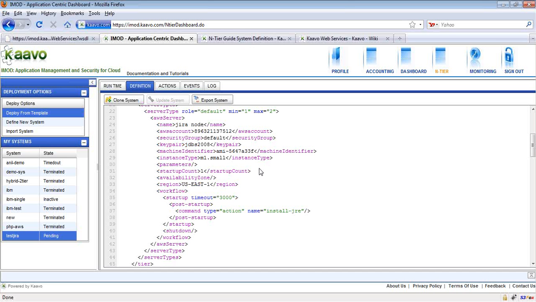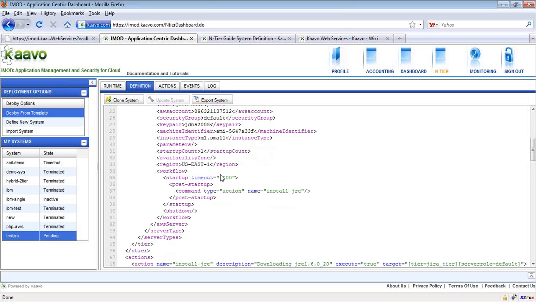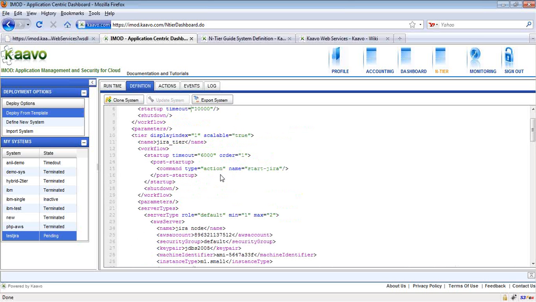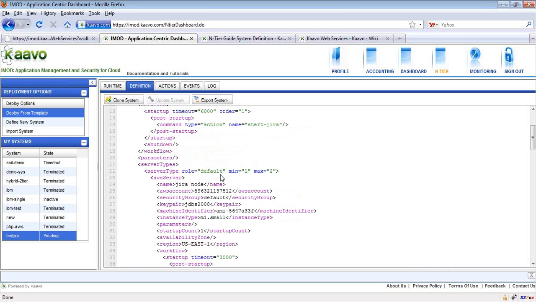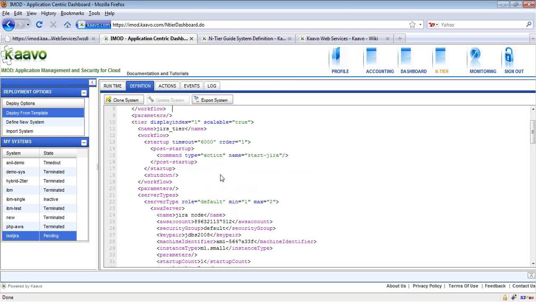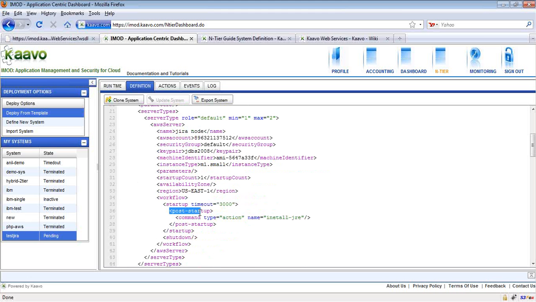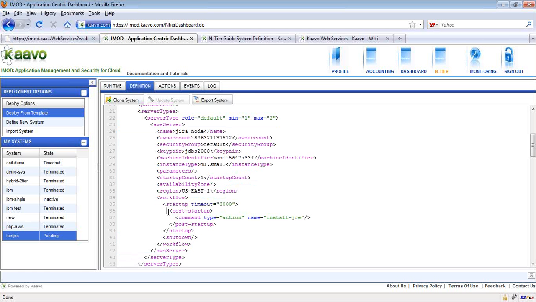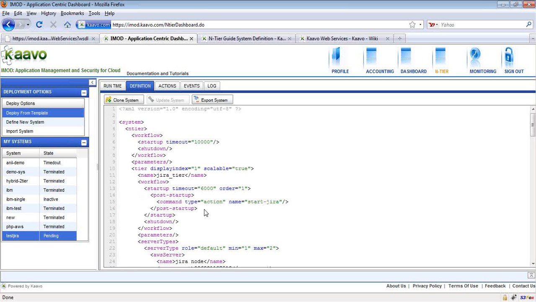And each of the entire tier and server type elements has its corresponding workflow. And you can specify workflow hooks using this post startup section. So you can see in the server type section there is one post startup section. Inside the tier element there is also one post startup section.